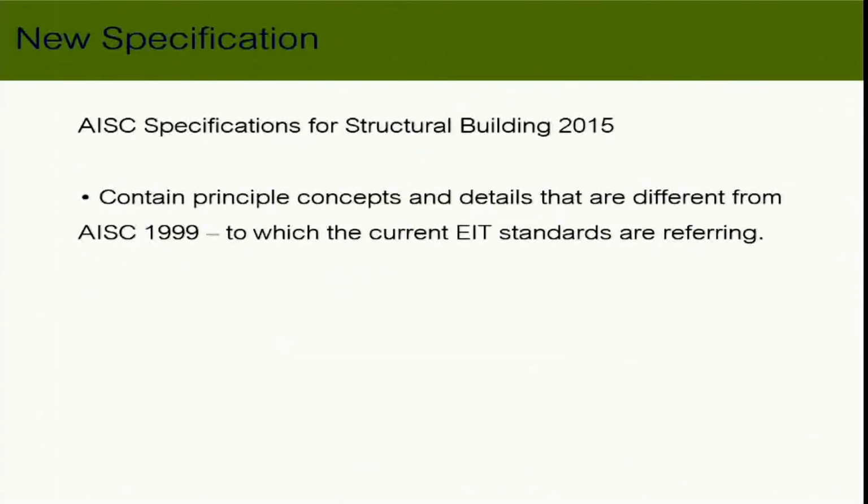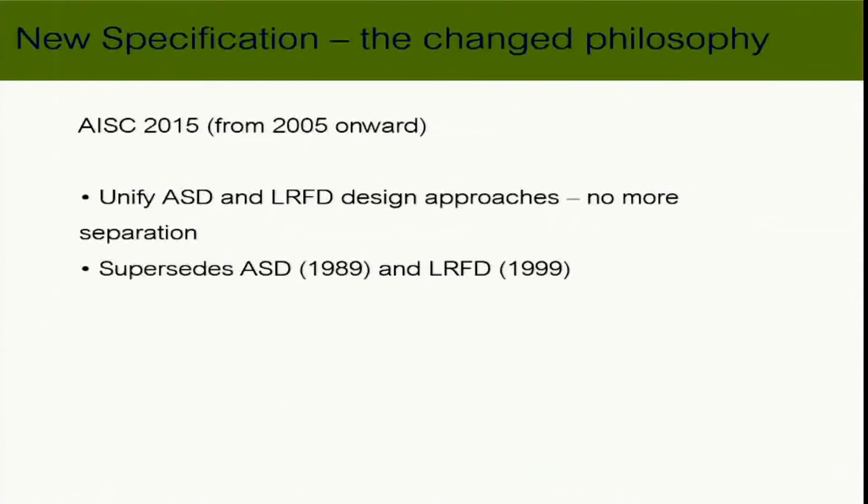Now, I think I already mentioned that the AISC, the latest version, is different from the ASD standard. And it has been mentioned earlier that the AISC 2015 has both ASD and LRFD unified in one. So you can just look at one set of formulas and choose whether you want to use ASD or LRFD. You use the formula to calculate the nominal strength or the calculated strength, and then you choose ASD or